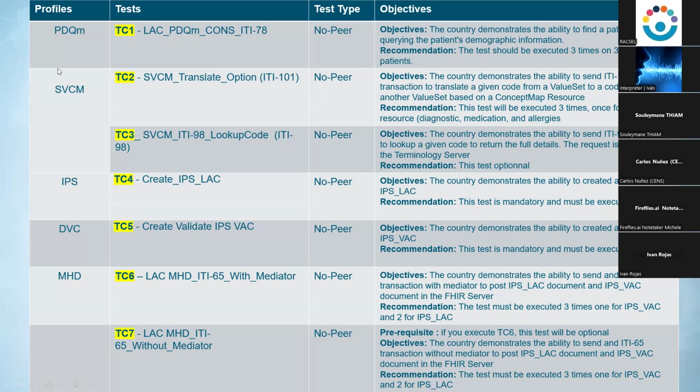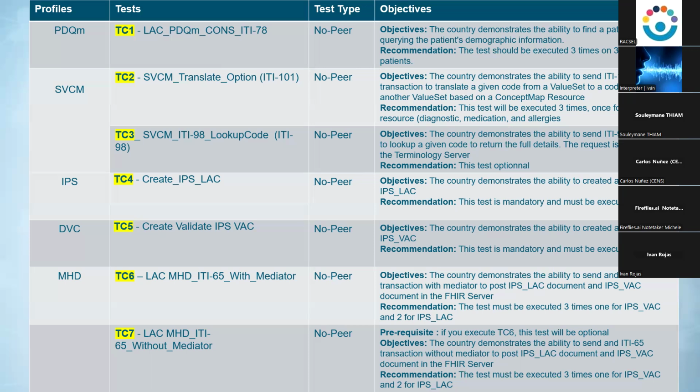The first test case you will execute next week in Bogota will be the test case on PDQm, patient demographic query for mobile. The objective of this test is that each country needs to demonstrate the ability to find a patient by querying the patient demographic information.